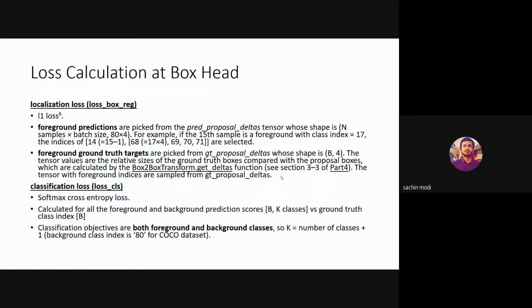So for example, if the 15th sample is a foreground with class index 17, which bounding box will be picked up? The 15th sample means having an index of 14, and these are the bounding box coordinates from 68 to 71.